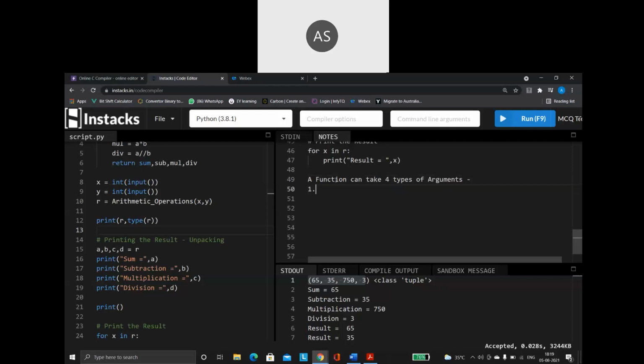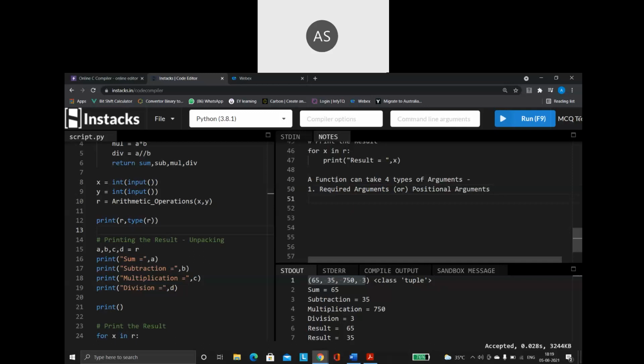First one, we call this a required argument. Another name for this is positional arguments. This is the first type.